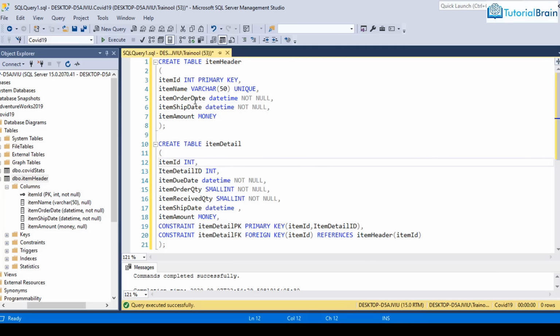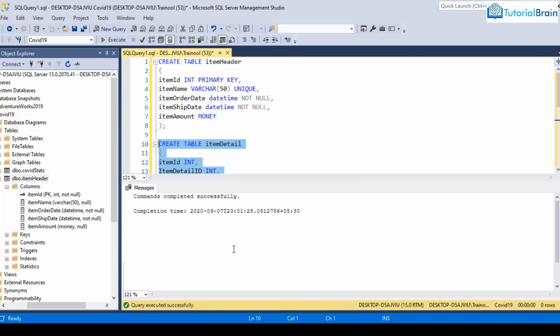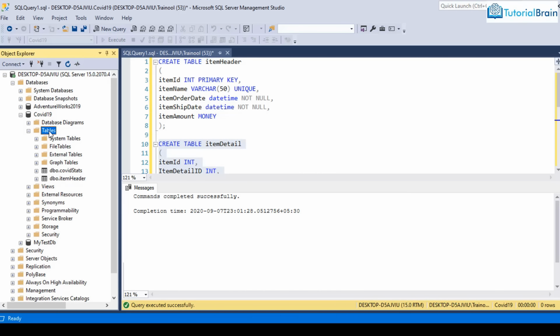That means, you see here, if you have a record in this particular table, let's say the parent table, and if you want to insert a record in the child table, then you have to make sure that that particular record should already exist in the item header table, that is the parent table, for the item ID column. So let's create this table. So if I just select this and if I click on execute, now you see here we have created this table, right? And now if I just come here, let me just refresh it,